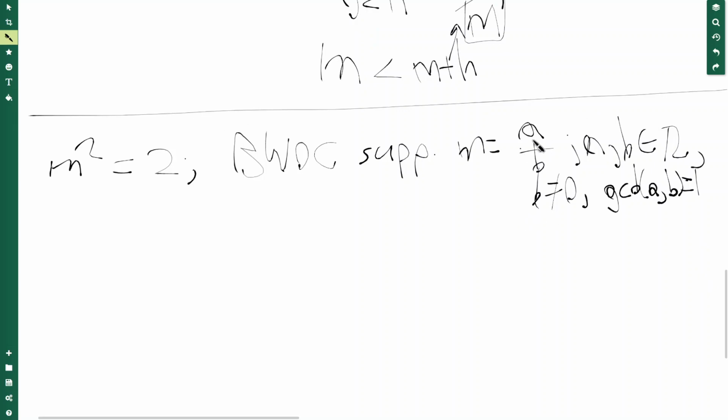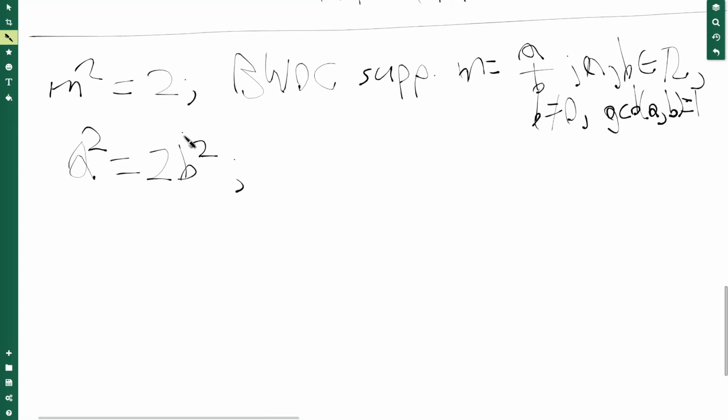Okay, well, let's plug that in and square, and then multiply both sides by b squared. And I would be surprised if you actually didn't know this proof. It's a pretty famous one. So from here, one could employ the fundamental theorem of arithmetic, but let's be a bit rigorous instead of just stating a fact here. This clearly tells us that a squared is a multiple of 2, right? But we want to show that this implies that a is a multiple of 2. So show